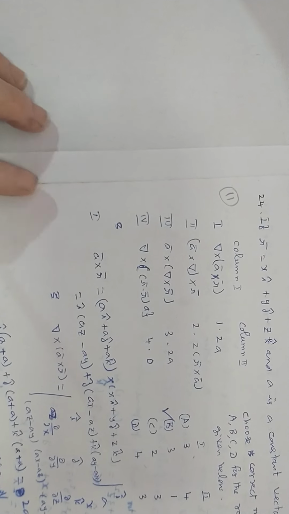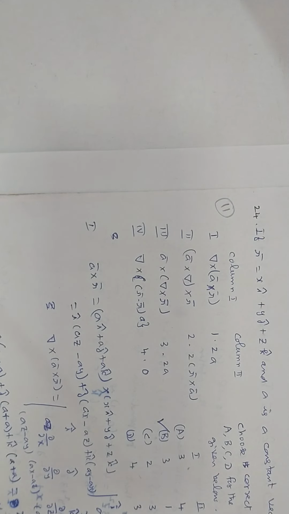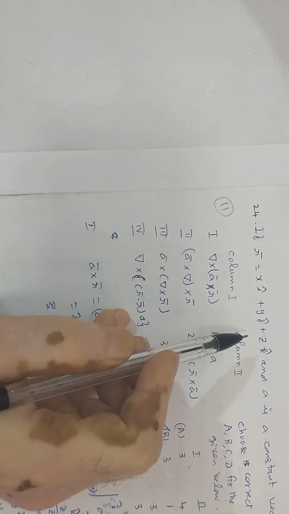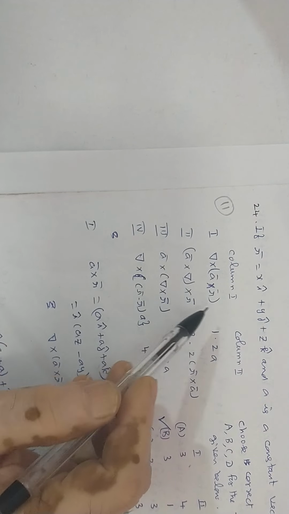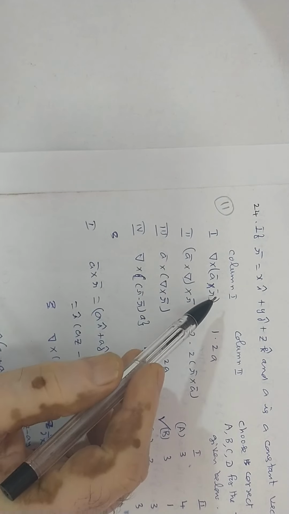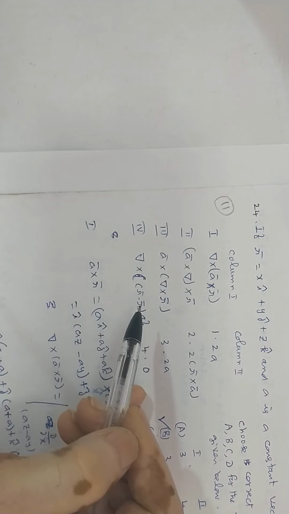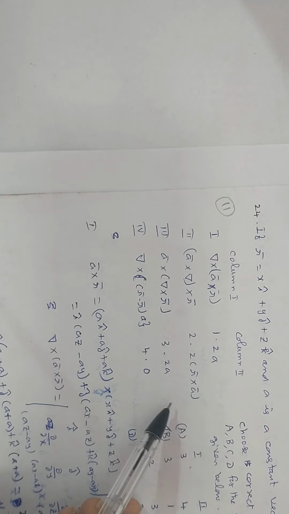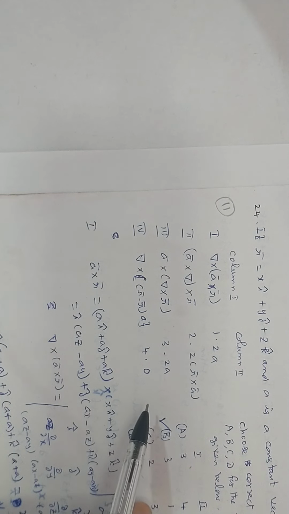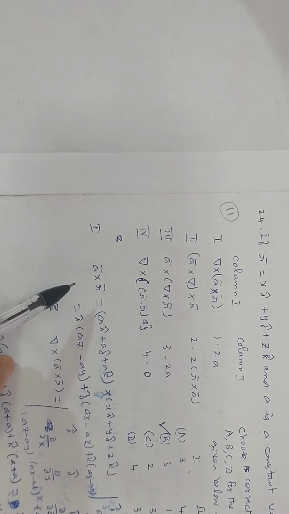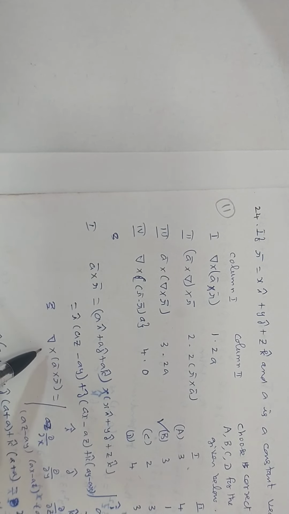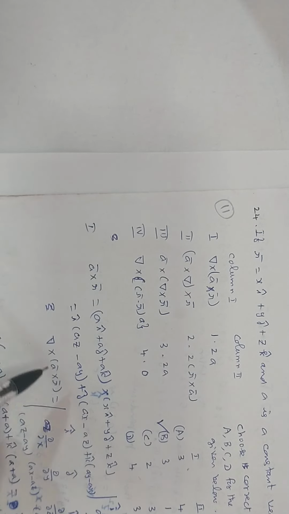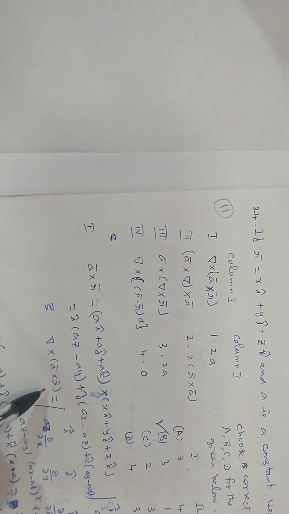Then the next question, a position vector is given. Here A is a constant vector. There are 4 options given in the columns. There are 4 questions in column 1, and the answers are present in column 2. So you have to do this step by step. First you have to evaluate A cross R, and after finding A cross R, you have to find curl of A cross R,